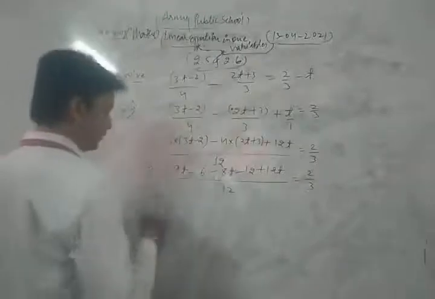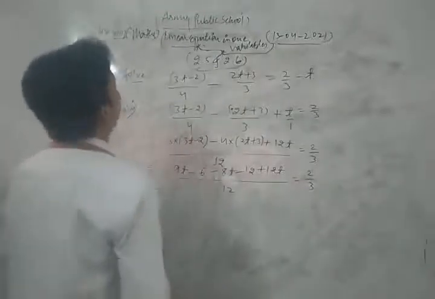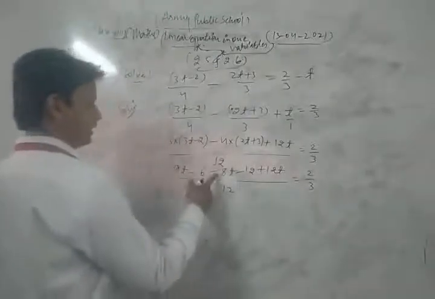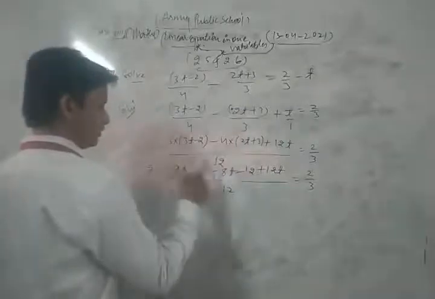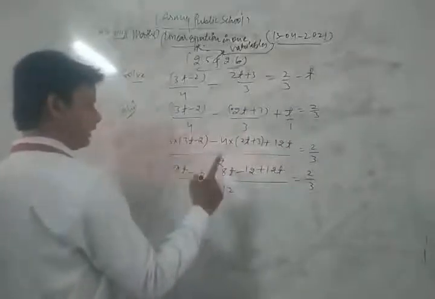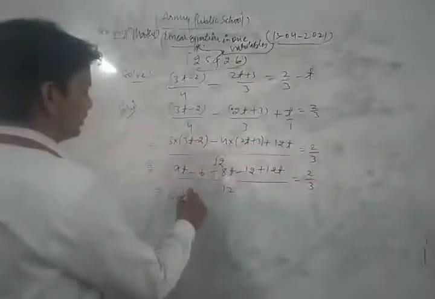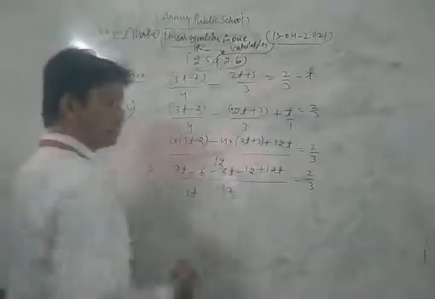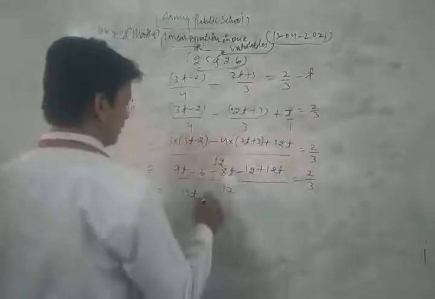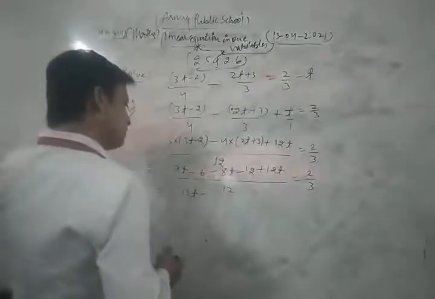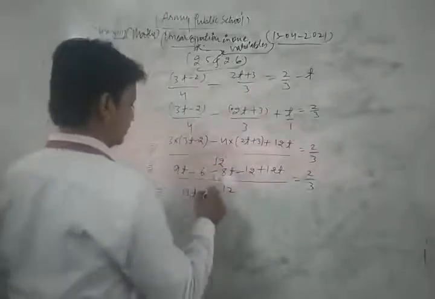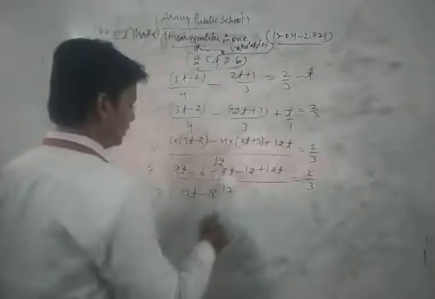Now we simplify them. So let's see, 9t minus 8t, sorry, plus we added. So 9t minus 8t is 1t, plus 12t is 13t. Okay, and minus 6 minus 12 is what? Minus 18, yes, minus 18 is equal to